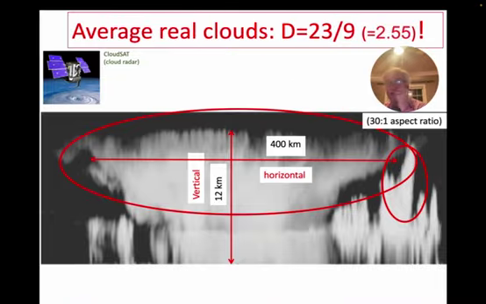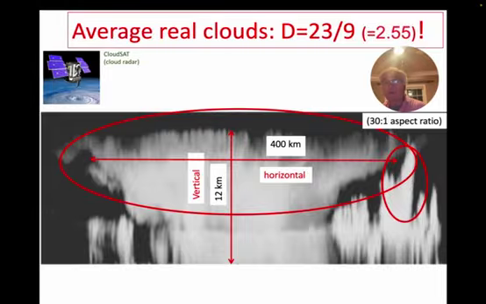This is a vertical section taken from the CloudSat satellite, showing a vertical section of just one cloud. This cloud doesn't really look either like a 3D sphere or a completely flat 2D disk. You can already see that the large structures are flatter, whereas the smaller ones show filamentary, vertically oriented structures.